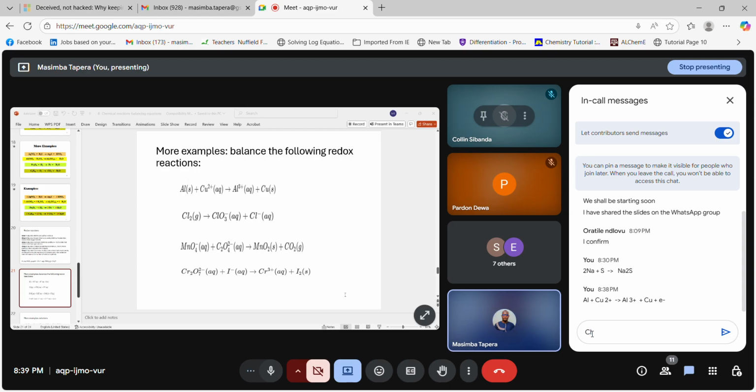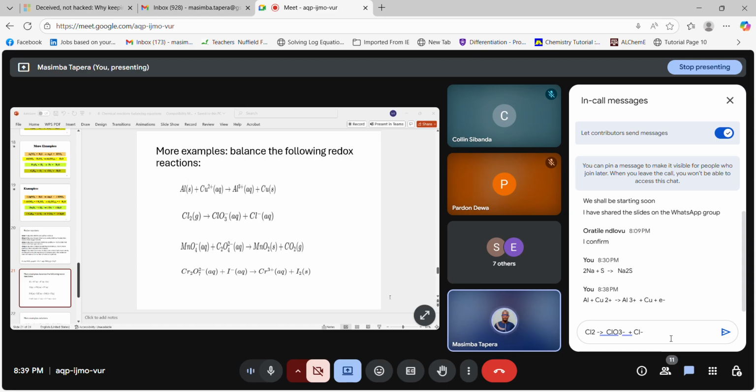Cl2, that is chlorine, is going to give us ClO3 minus plus Cl minus. Okay, you can see this is our second equation. I think you can clearly see this. And the first aspect on this equation,